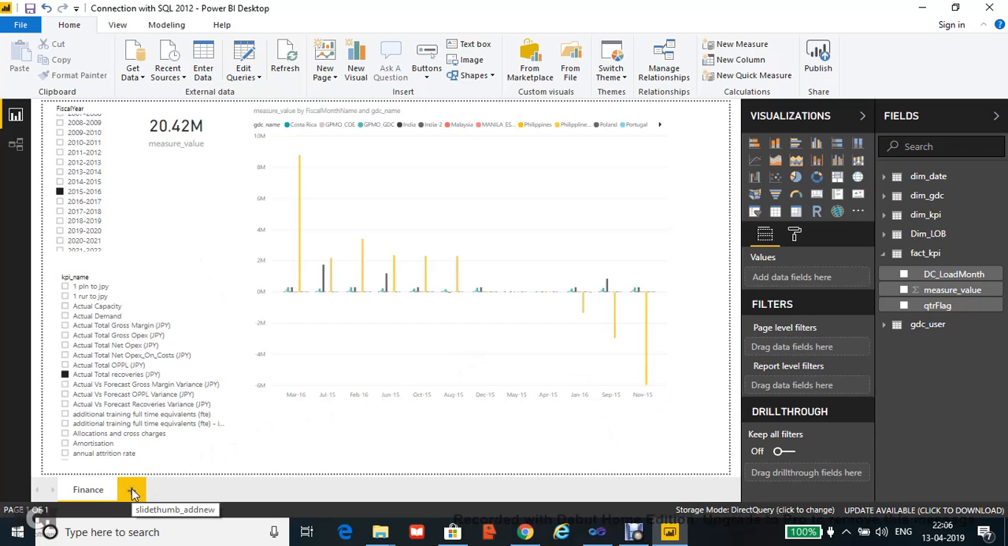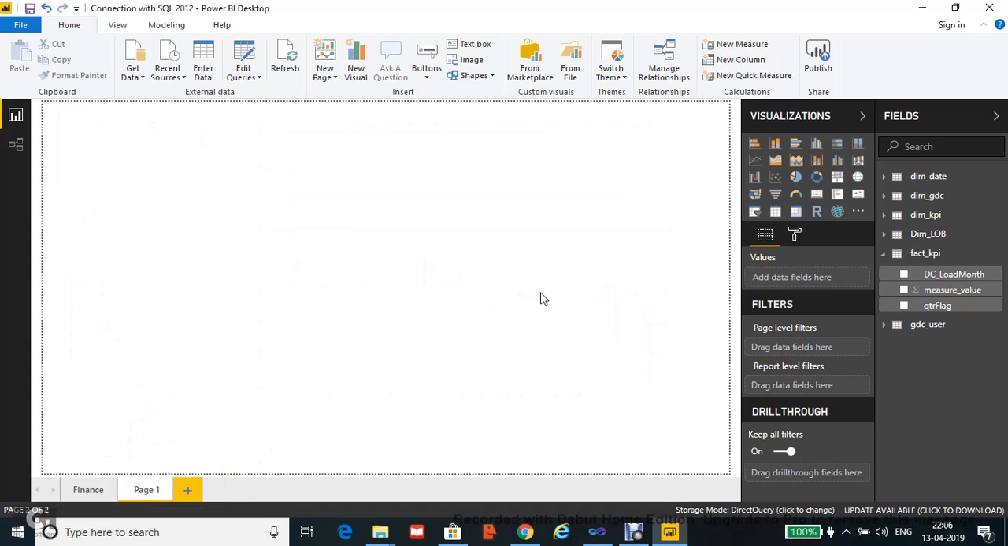So I will show you how we can choose different visualizations. Let's click here on the add button, and now we are on the new page, which is absolutely blank. Now we can select various charts or cards. So let's choose this card here,